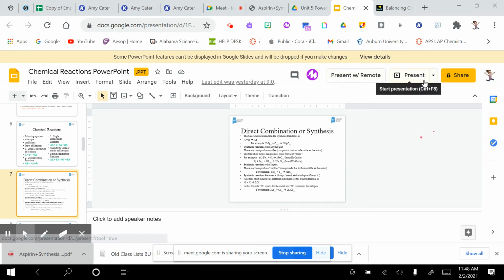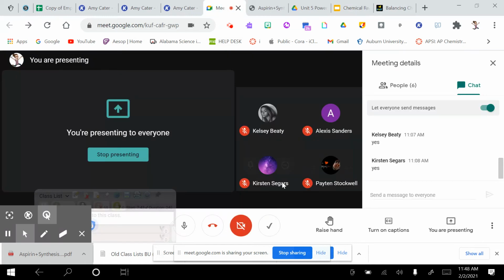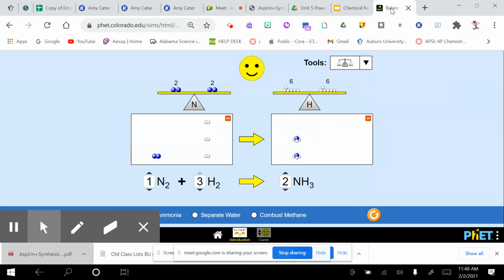I think what I want to do is I want us to go ahead and do our checkpoint, because I don't want you to run out of time too much. So let me tell you a little bit about that checkpoint before you get started on it. Hopefully everybody is back. Looks like everybody's coming back that's at home. So I'll give them a few minutes to get back on here. With the checkpoint, which we're going to take in a minute,